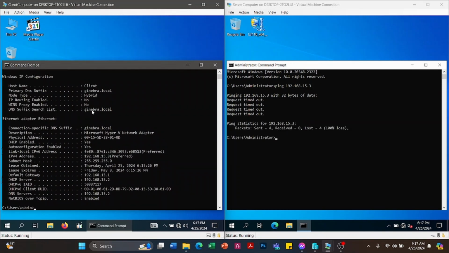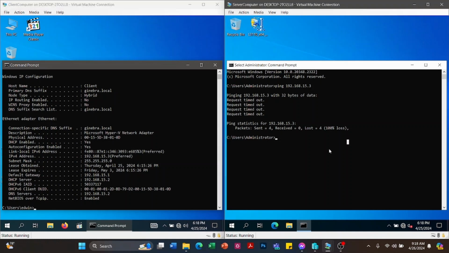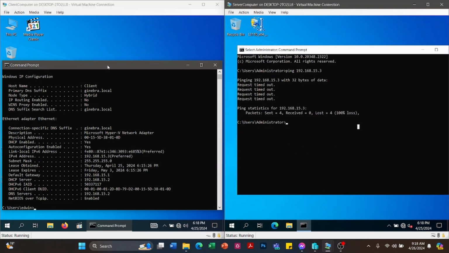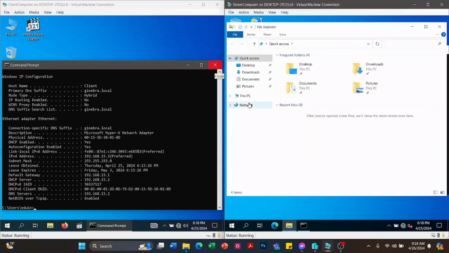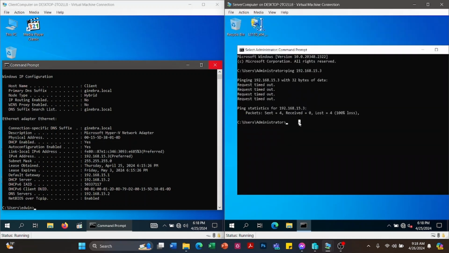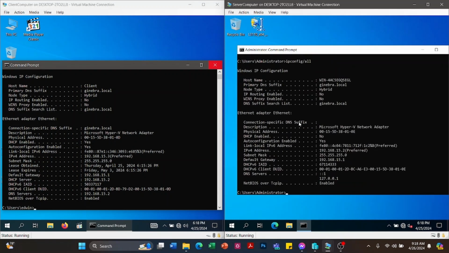Why is it request timed out? Is there an internal problem in here? So let's check also ipconfig /all. 15.2, 15.1.